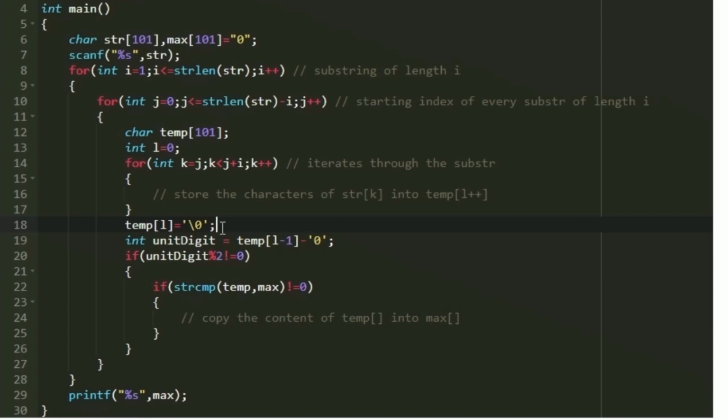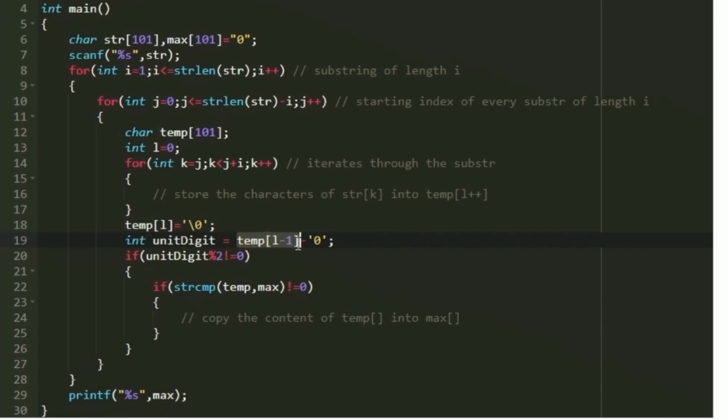And now we have to find whether it is an odd or even substring. We cannot convert a character array into an integer and check whether it is odd or even, because when the length of the substring is big, we cannot convert it into an integer or even a long variable. In order to avoid that, we are going to check only the last digit. The last digit is nothing but the character present at the index L minus 1.